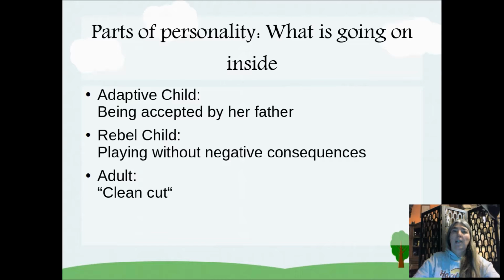First of all, the adaptive child that simply wanted to be accepted. Now we were in the situation of the father, accepted by her father, because the father had an idea, and she had a sentence she came up with. Her father wanted her to be like a nice grown-up girl. So actually, that was an oxymoron. You cannot be the little girl and be the grown-up in the same moment.